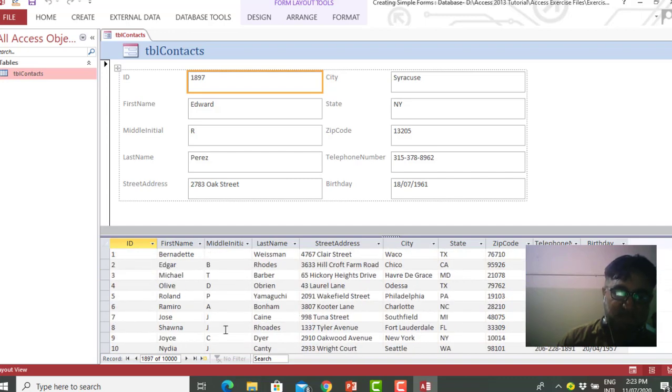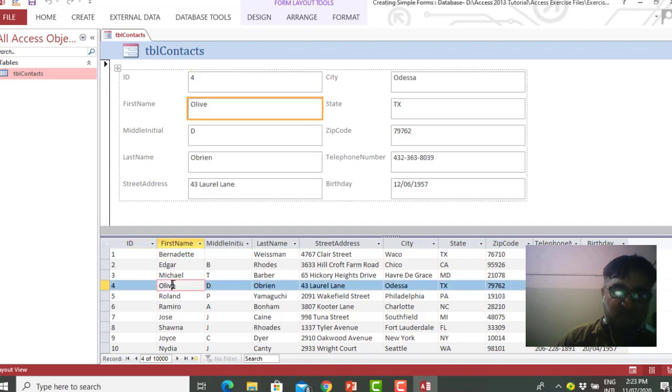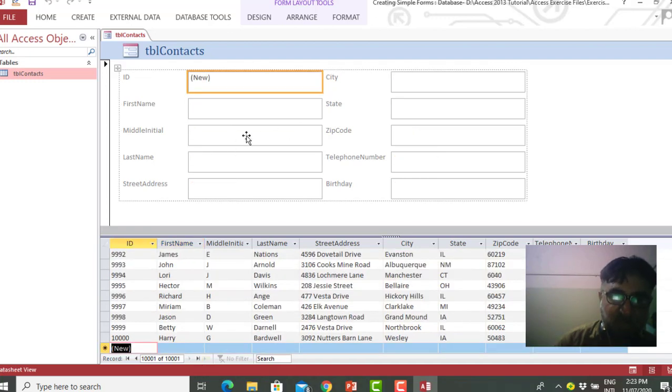The same way I can click here and record number 4 is displayed here, and the same way I can also enter a new record here, and I can also see these old records. As I can see here, the record number 10,000, and after 10,000 a 10,001 record will be inserted. So this was a split form.